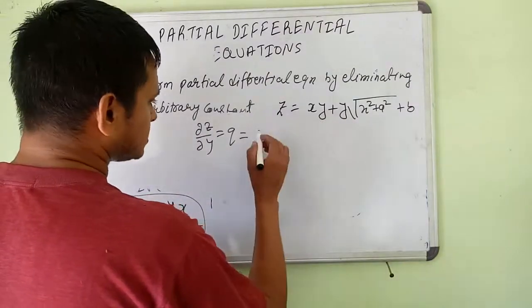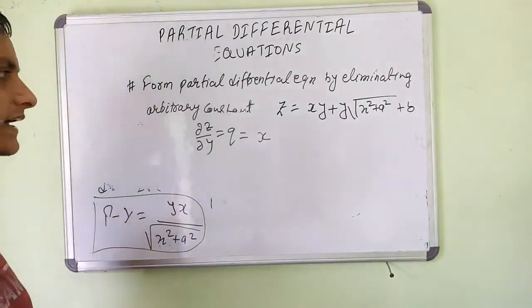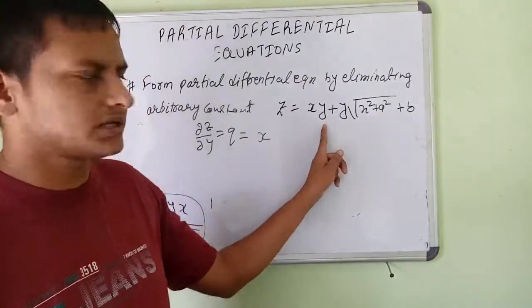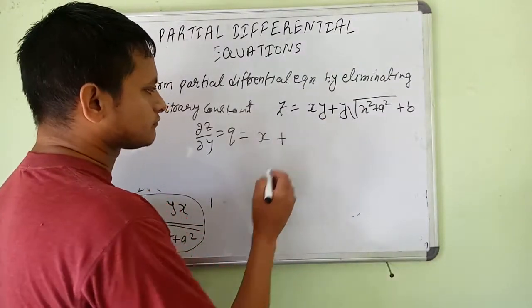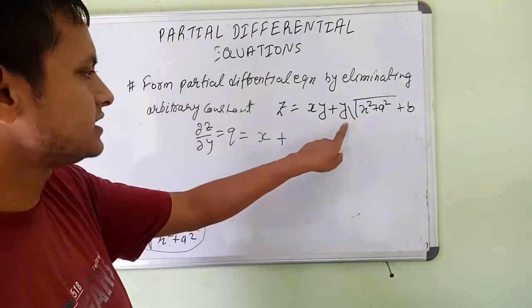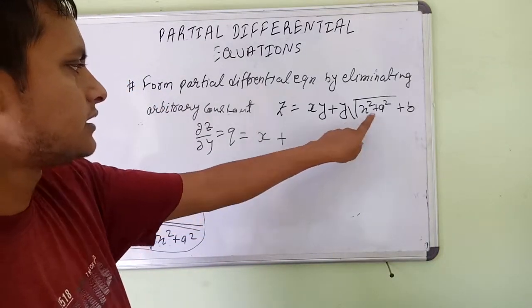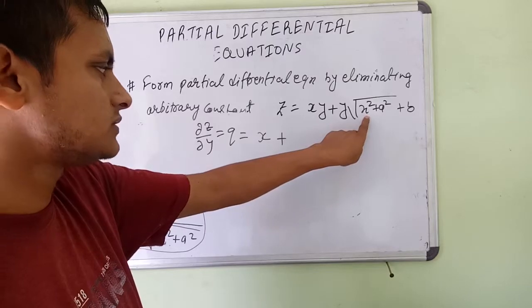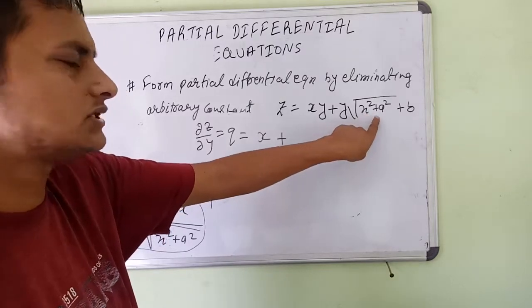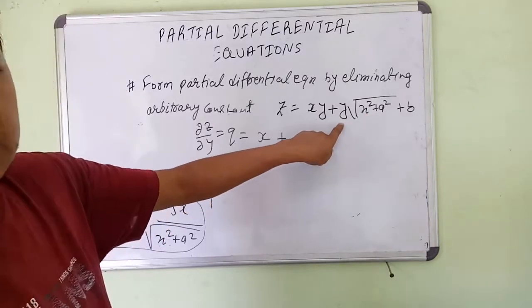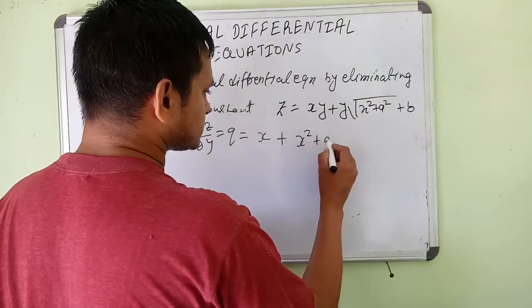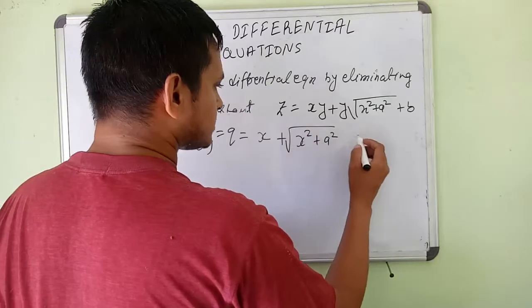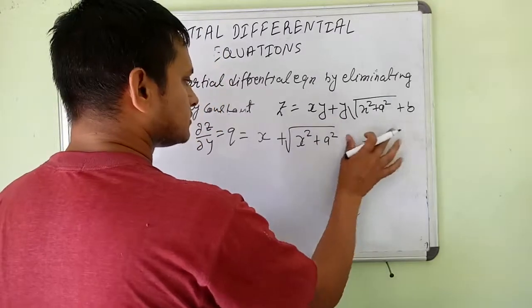Now it is y, so it is x, because we are differentiating with respect to y. So y is 1, this is x, plus again y is 1 and this whole term is a function of x, so it is a constant term because we are differentiating with respect to y. So it is x squared plus a squared plus 0. Okay,